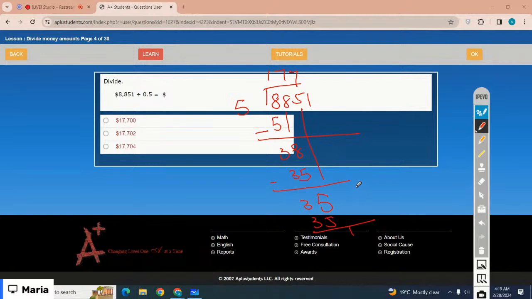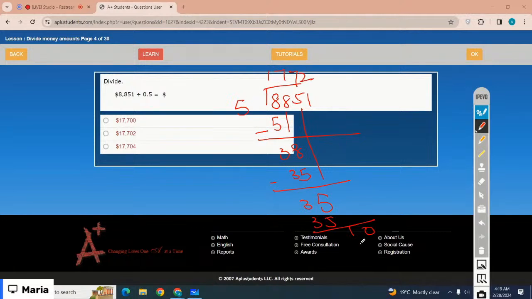You cannot divide 5 by 1, right? So you need to put a decimal point over here. But you already have one decimal point. So for this decimal point, you can add a 0. No, that is 1705